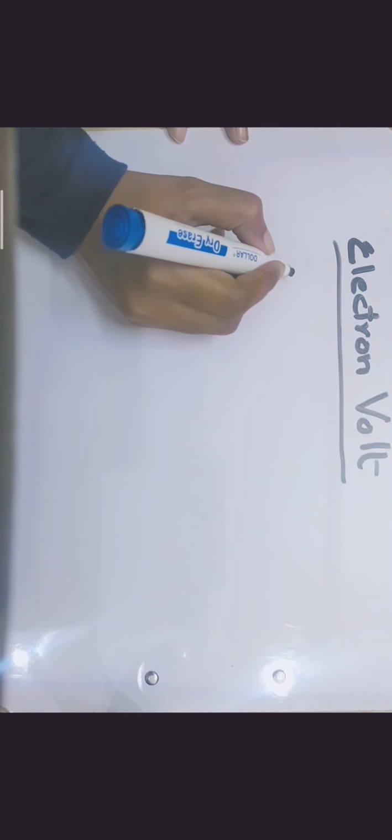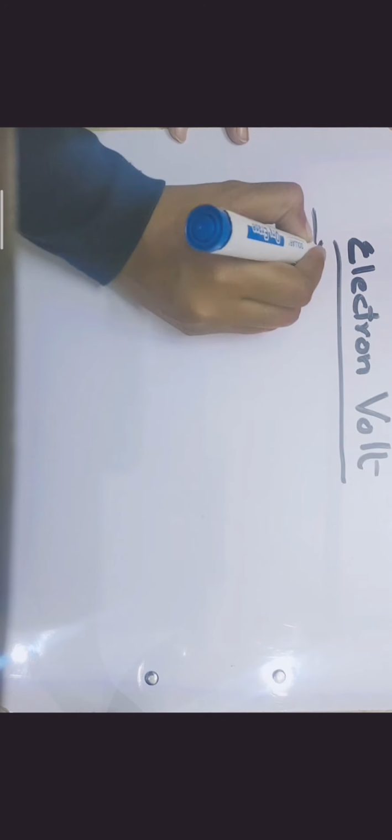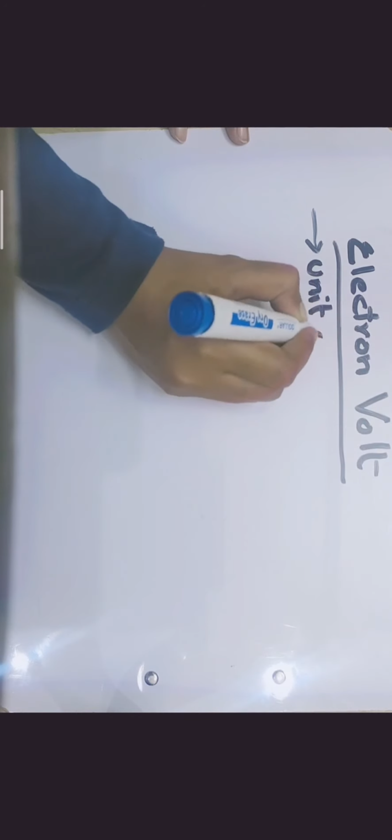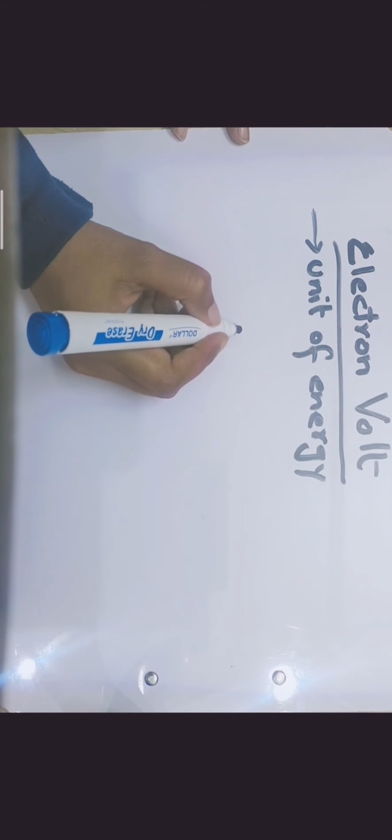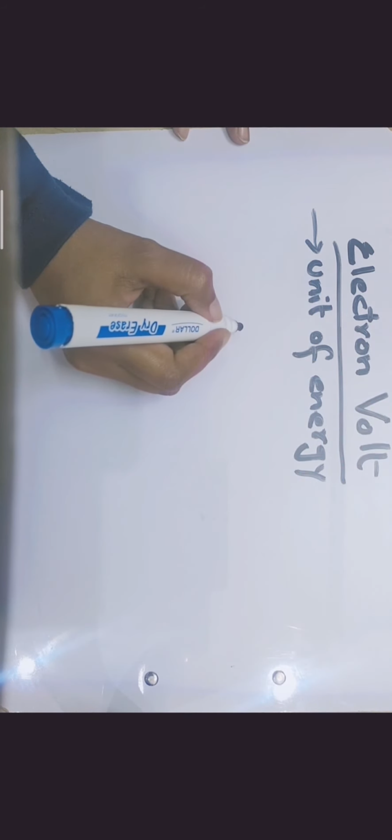Now there is a small topic called electron volt. Now what is basically an electron volt? Electron volt is basically a unit of energy, you can say. It is the unit of energy, and how we can define it, we say that electron volt is basically that